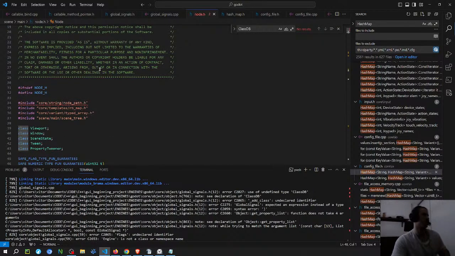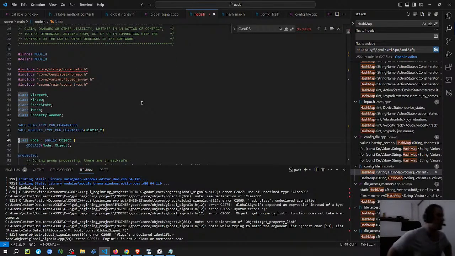Hmm. The thing is that's the node. So maybe one of these things is gonna include the object.